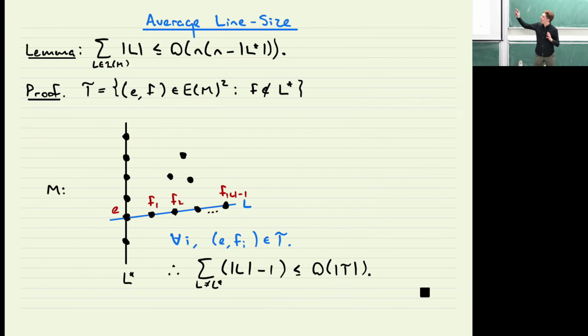So we've bounded the aggregate and we've lower bounded the number of lines. They're the same up to a constant multiple, so that means that the average size of a line is bounded. So we now have two proofs of this fact. We have Melchior's slick